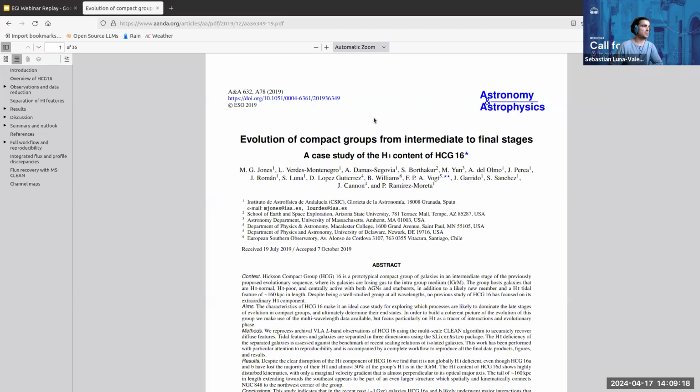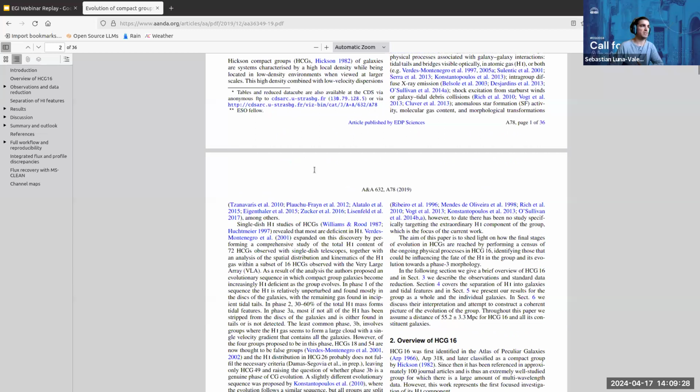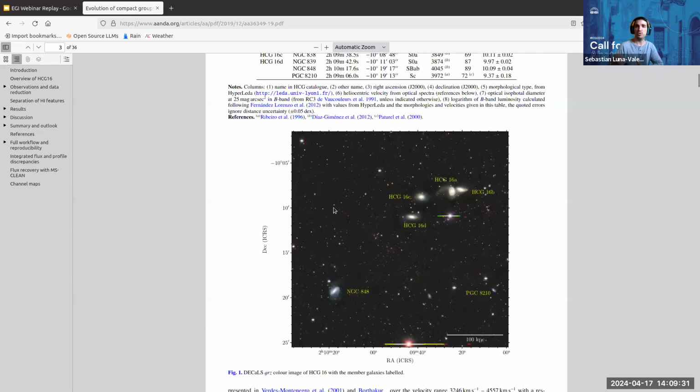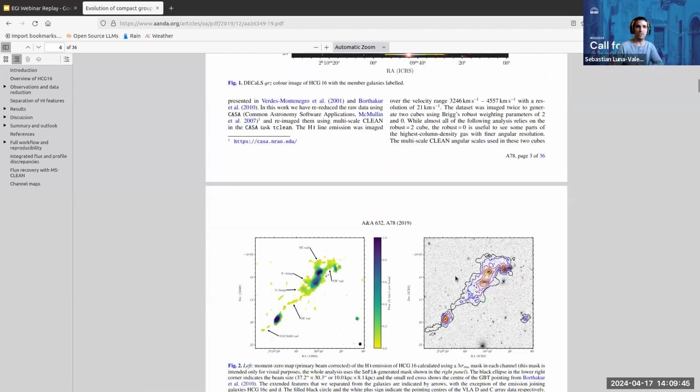And so I was contacted by Mike Jones, the main author of the paper, and he came up with a very nice idea for this paper. He said, I'd like to write a Jupyter notebook per figure, so I can share with my colleagues how each of the figures in the paper are built from scratch. So everybody can see the steps to build the figure. So I thought it was a very cool idea, and I was working with Mike to achieve this.